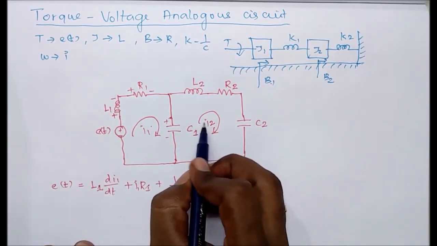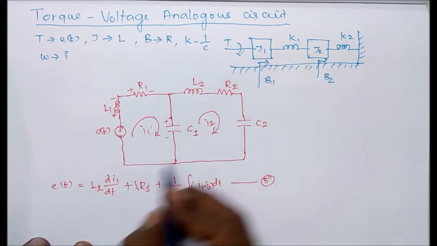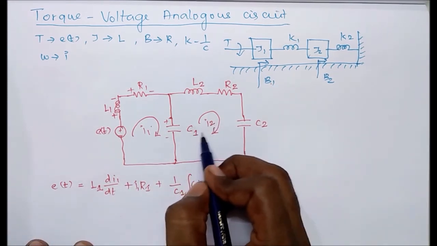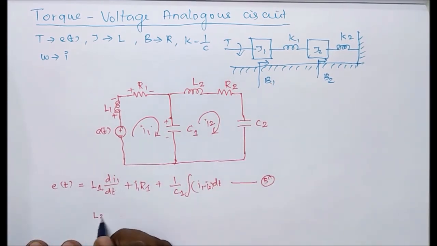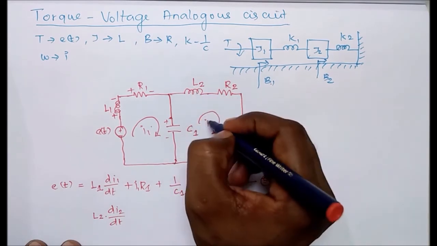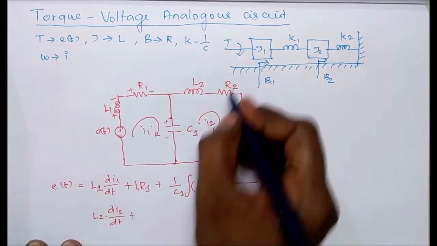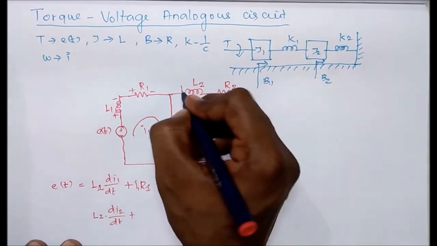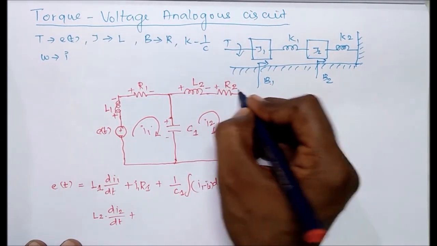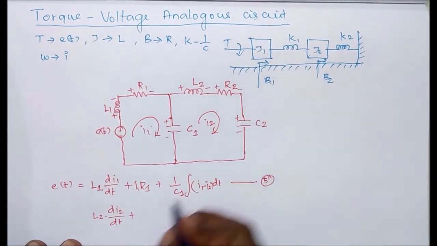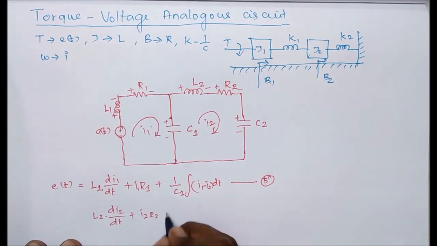Next we have to consider loop 2. For that there is no source. Therefore first we can write the voltage drop across L2. So now L2 into di2 by dt, because the current through this inductor is I2, plus the current through this resistor is R2. Before that we can mark polarity also. So now I2 into R2 plus